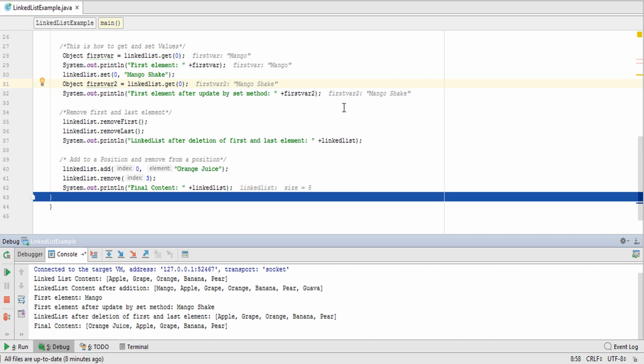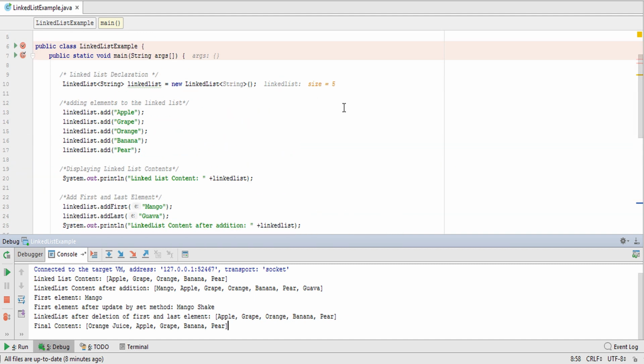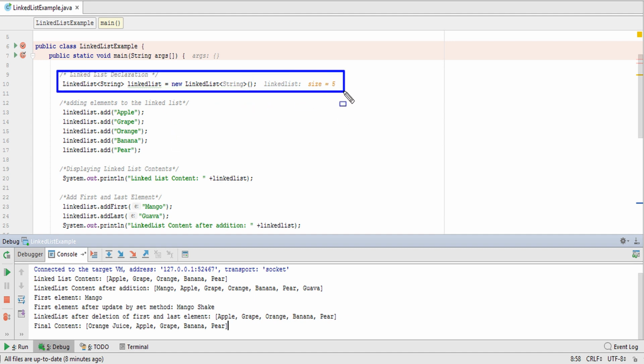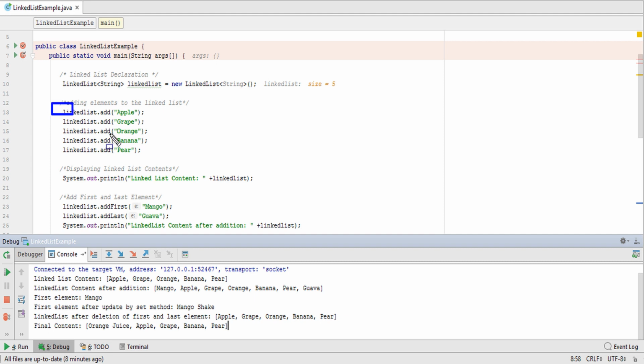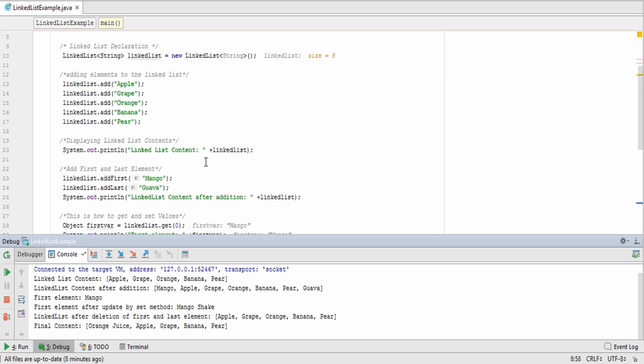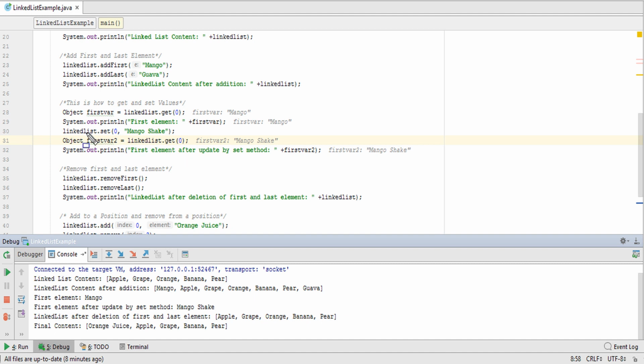I hope it has been cleared: how to declare a linked list, how to add anything in the list, how to show the elements from the list, how to add anything at the first place, how to add anything at the last place. That is all in linked list. And how to set anything using the index, like I am setting mango shake at the 0th position, and how to get any value from the index itself, like linked list get 0.